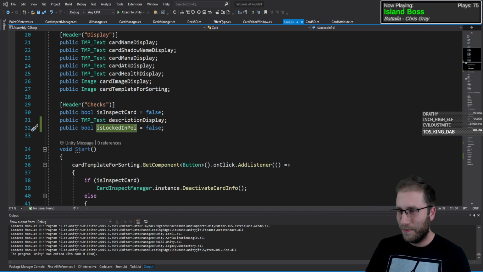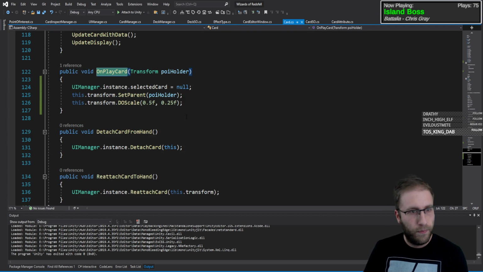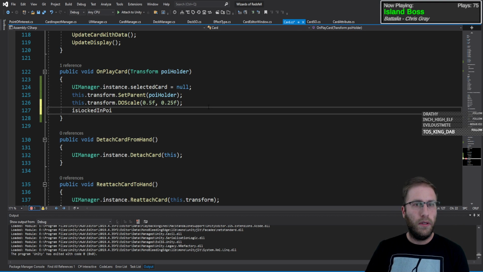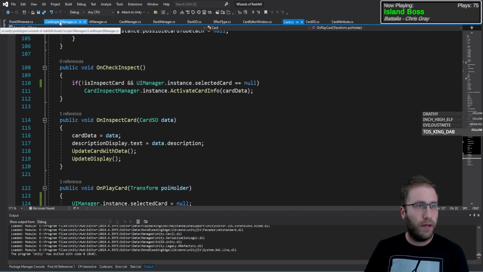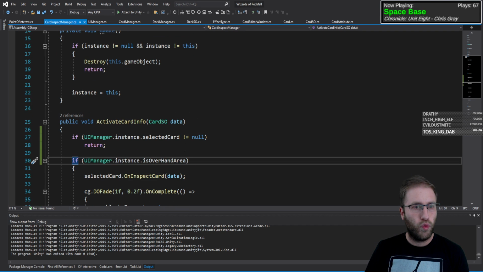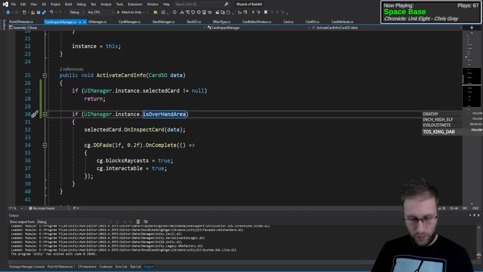Alright, so it is locked in POI. We have to lock it in POI when it gets attached to it. On play card, set parent POI. New scale. Lock POI is true. We can still inspect a card if it's locked in POI. If it's overhand or